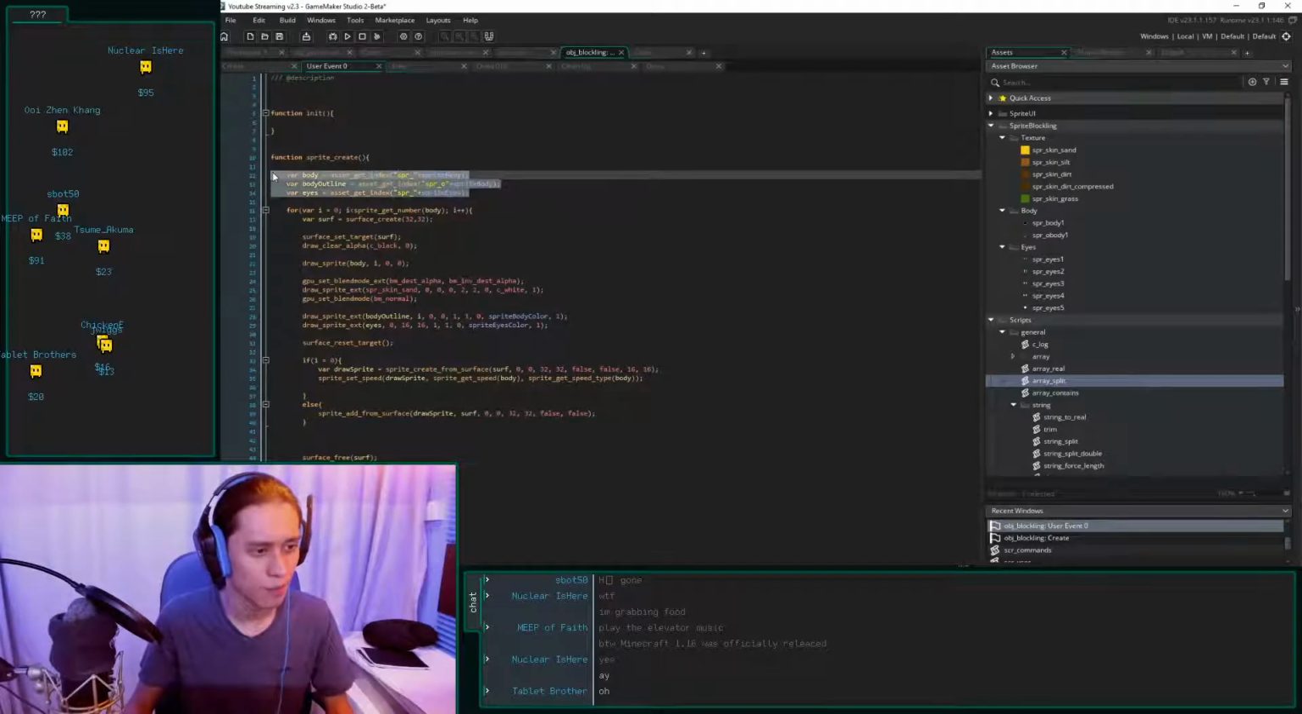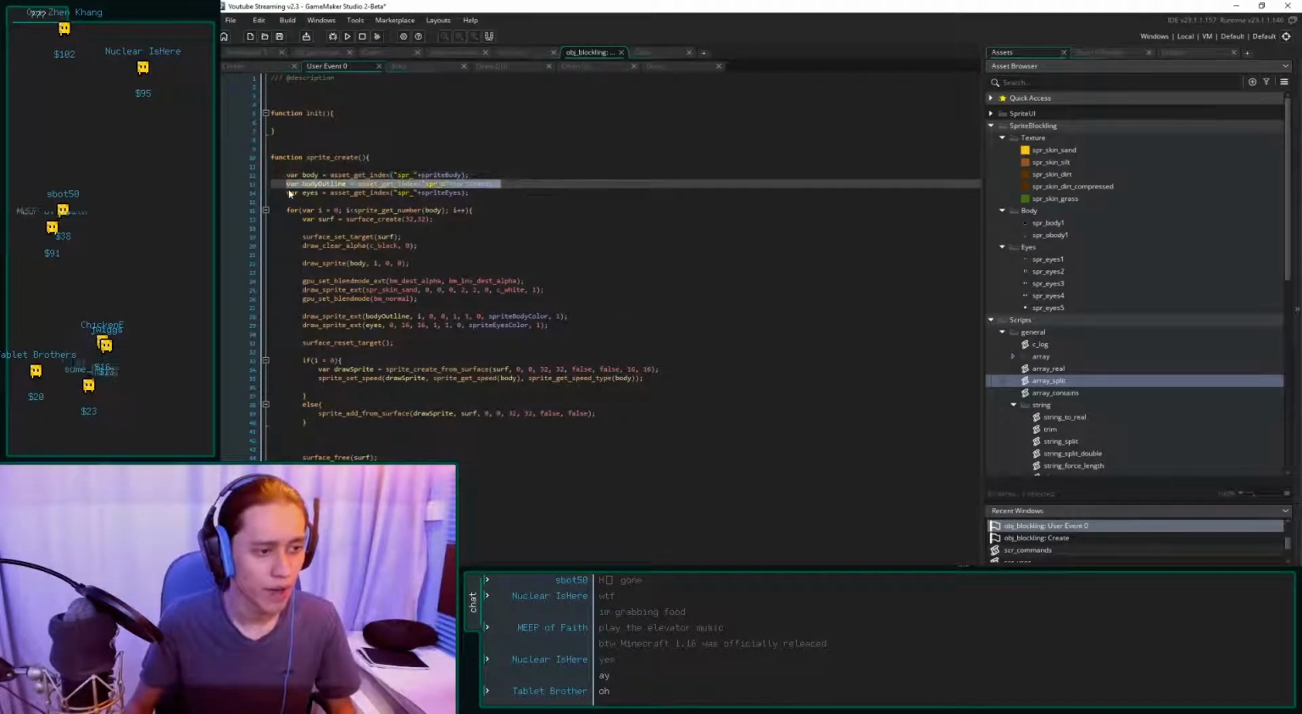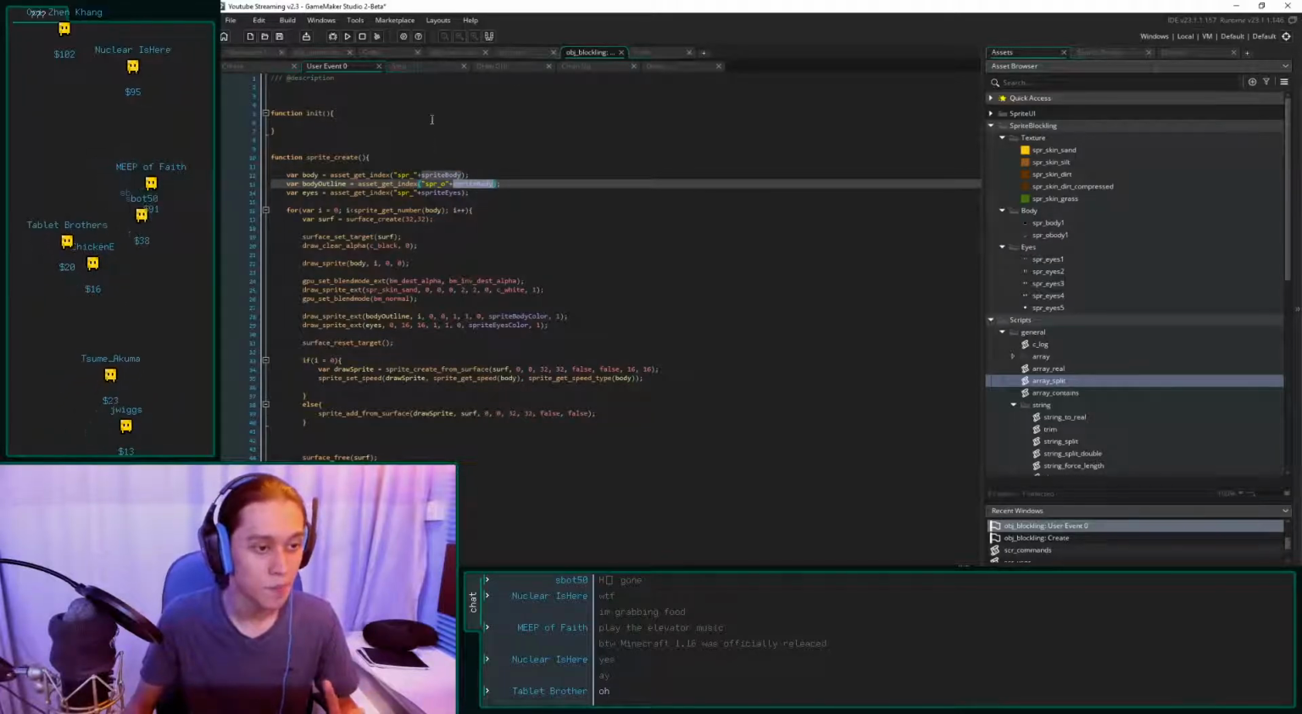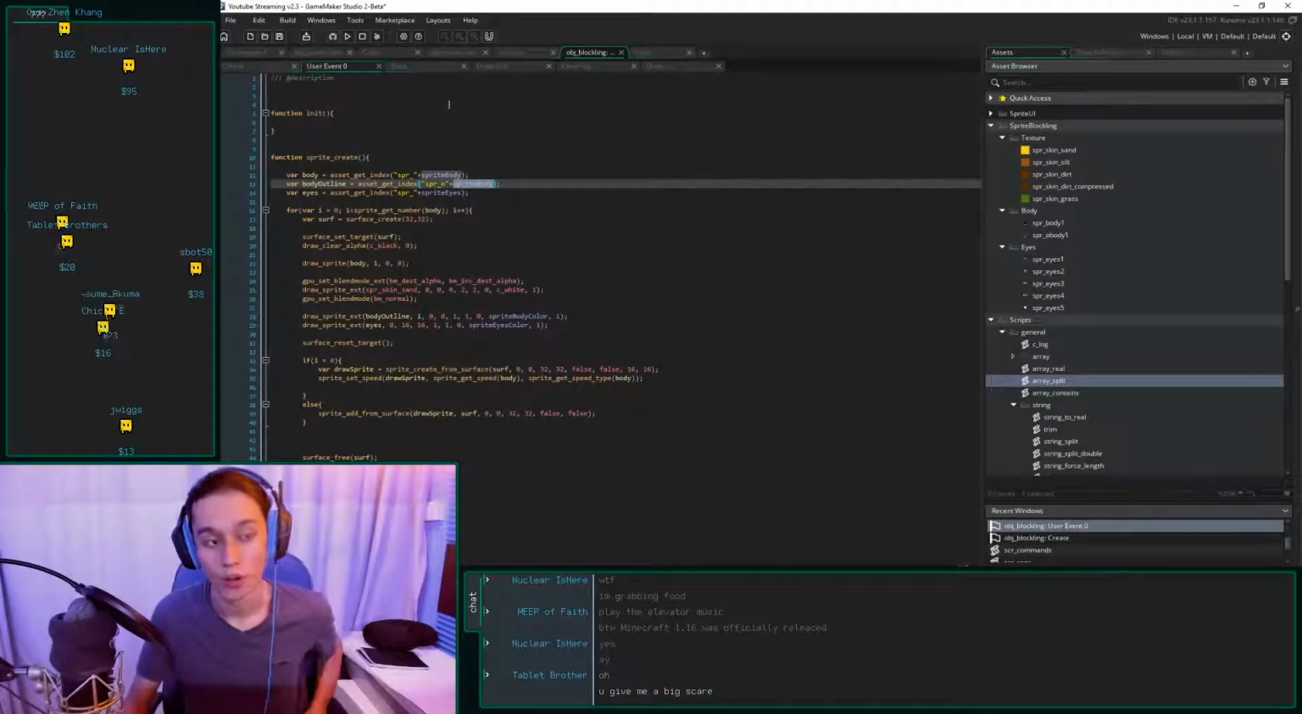So basically, right now, we have our body outline, we've got our eyes, and these are just referring directly to sprites. Instead, what we are going to do,